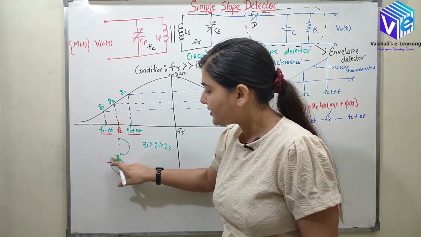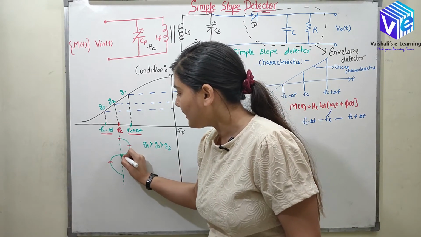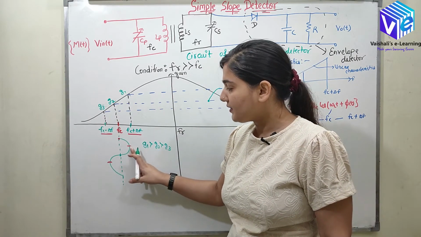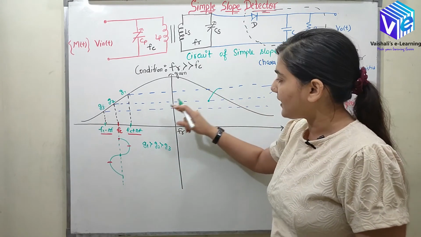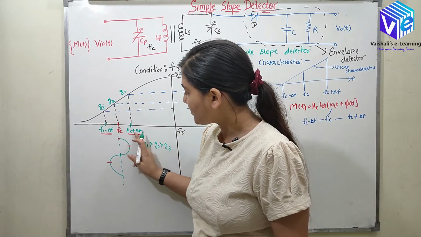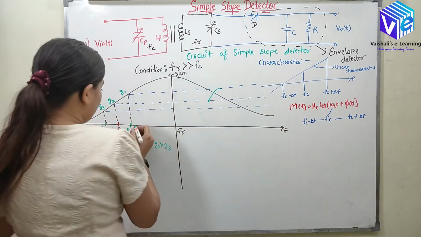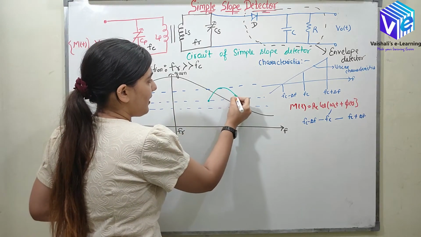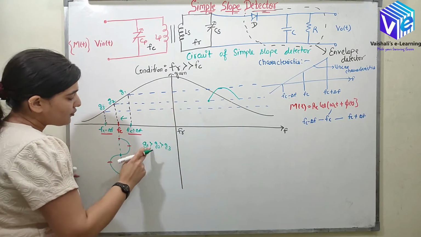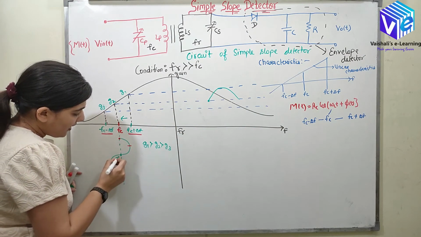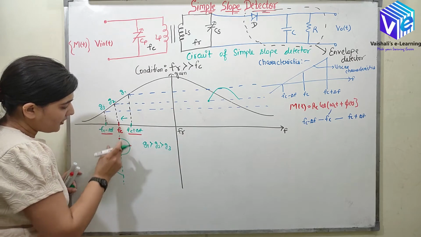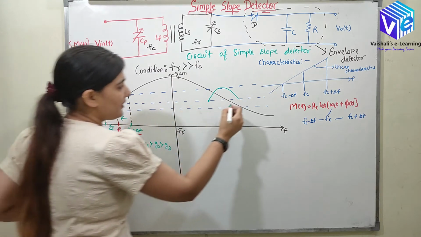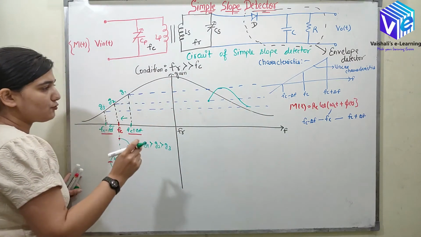Now the frequency started reducing and it will come back to Fc again. From Fc plus delta F, the frequency will come back to Fc. When the frequency is coming back to Fc, the gain is reducing. I am moving this side, so the gain will decrease. Here I'll have this type of signal. Now again I am moving in the downward direction, decreasing the frequency. When I further decrease the frequency, the gain further decreases. So here the signal produced will be like this.